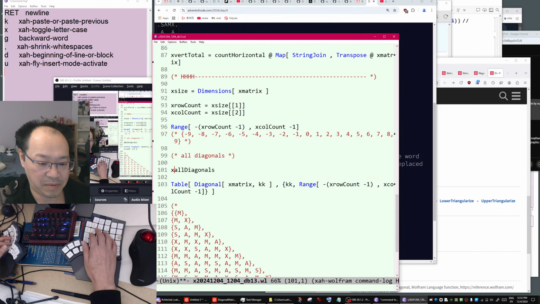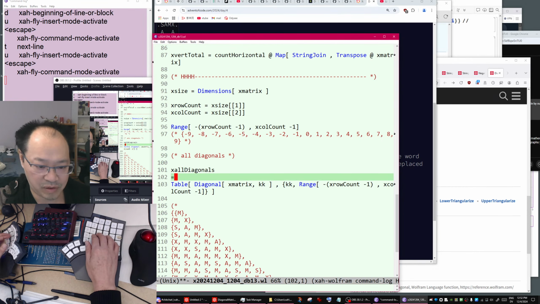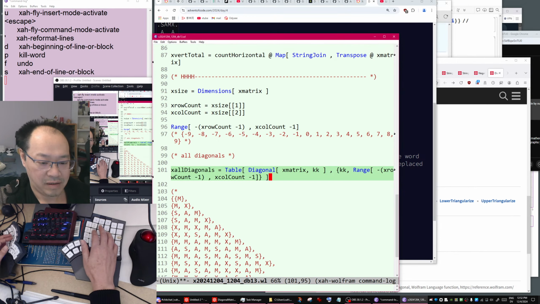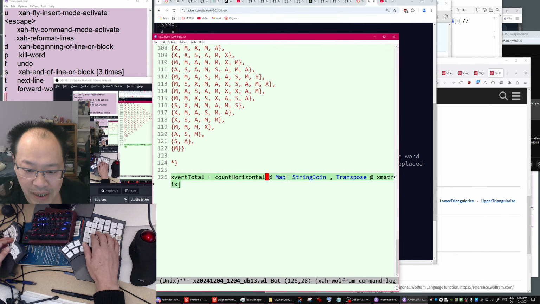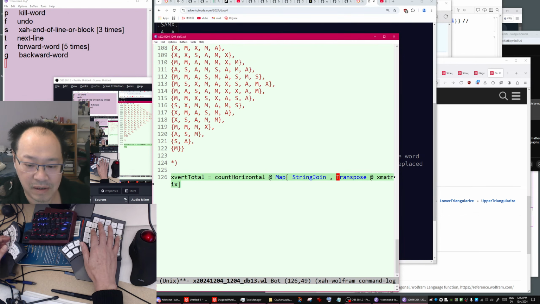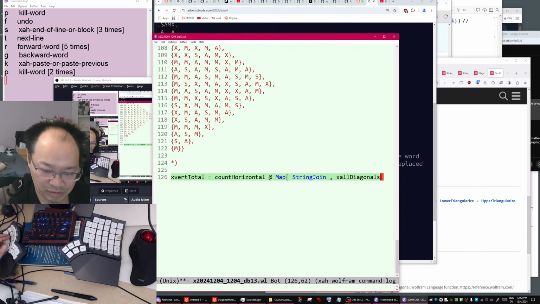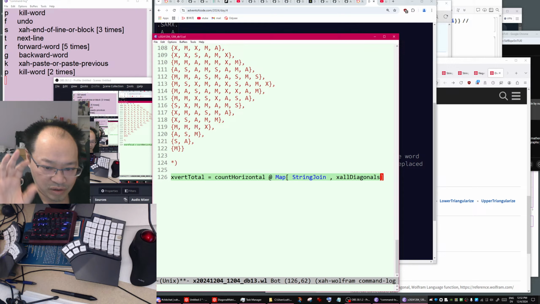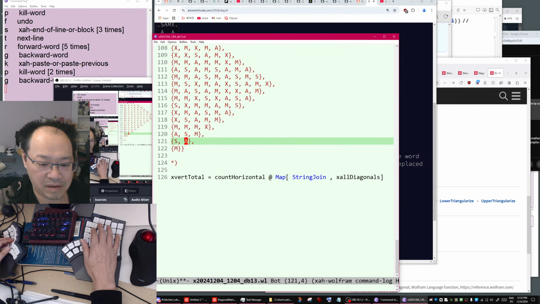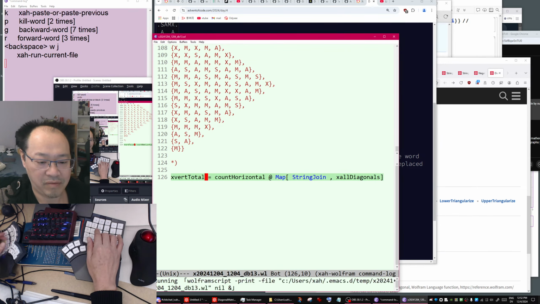Let's just name them all diagonals equals to that. Then you just count them by map. You don't need transpose, you just need to do it on all diagonals. String join, correct. Then count horizontal, vertical, diagonal.